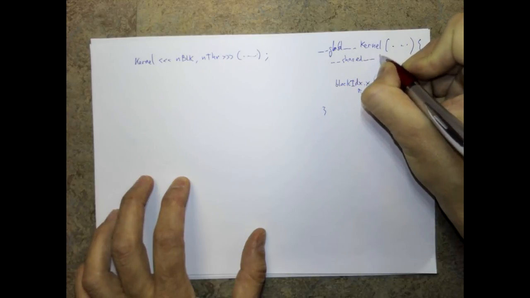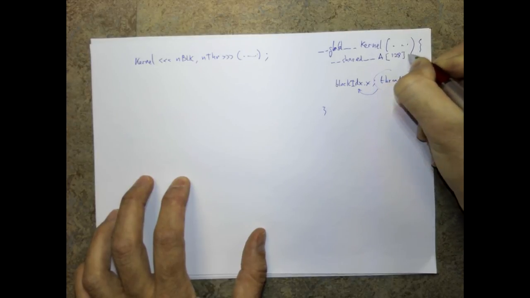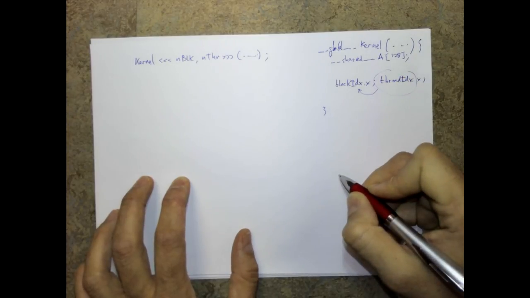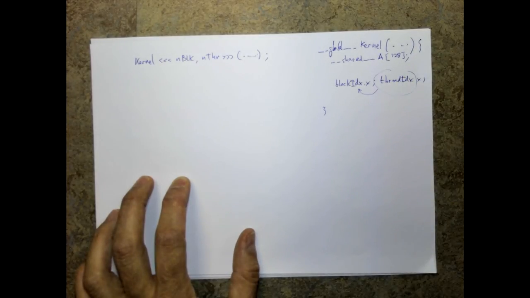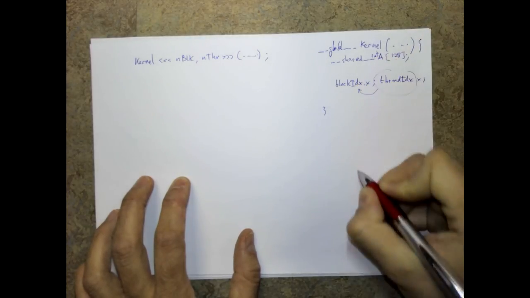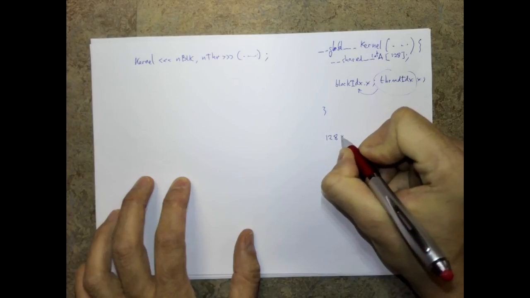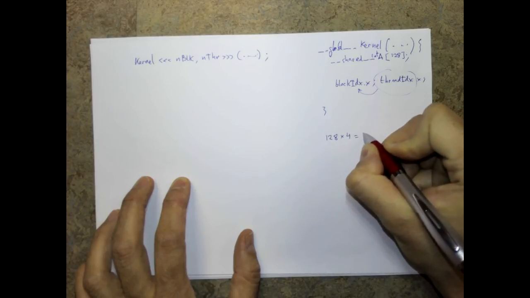Let's call it A, and this shared memory is, I don't know, 128 ints. So how much is that? 128 times 4 is